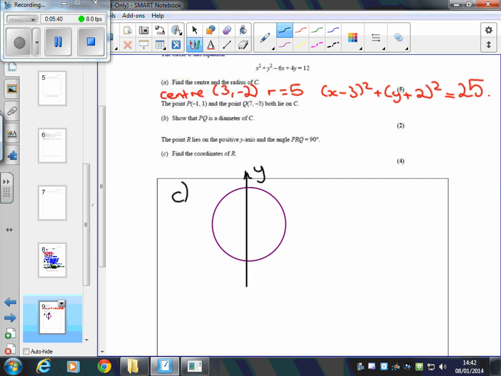If you can remember from the GCSE recap material, we were told that angles in a semicircle equal 90. So, if I draw on the point P and let's say the point Q and draw a line between them,